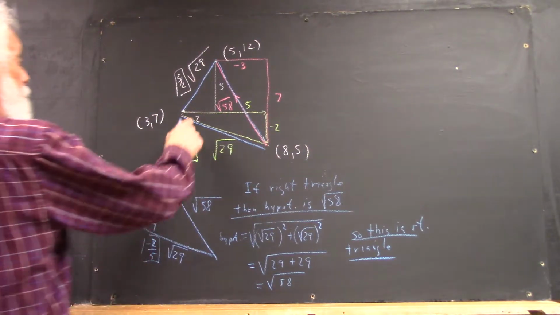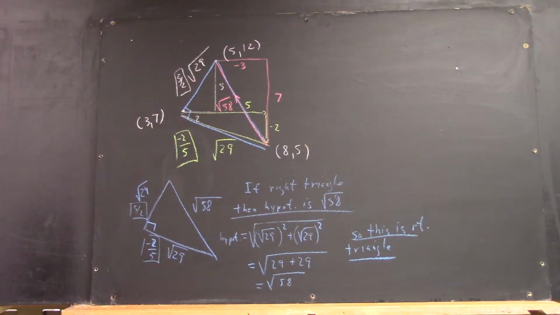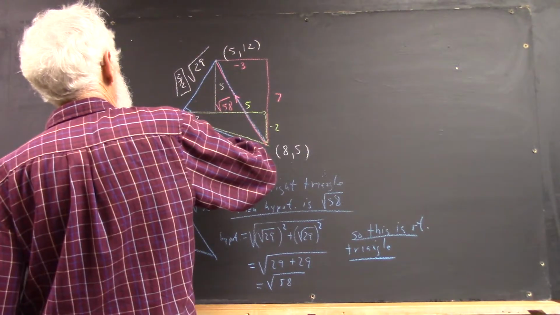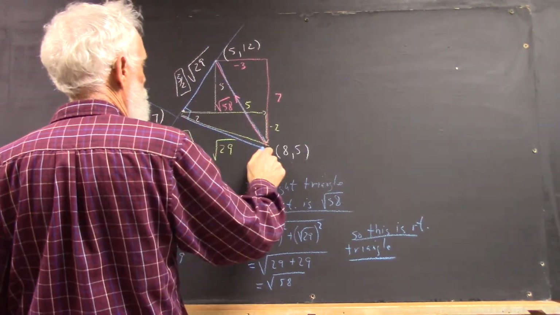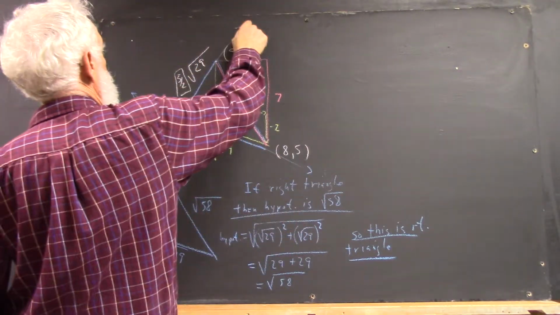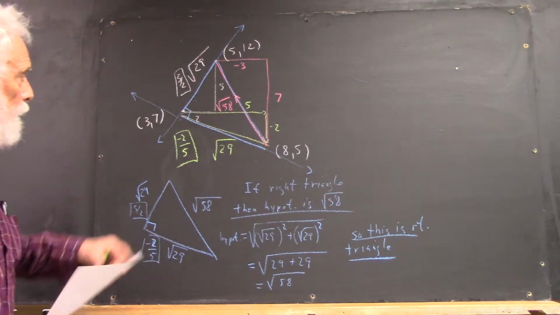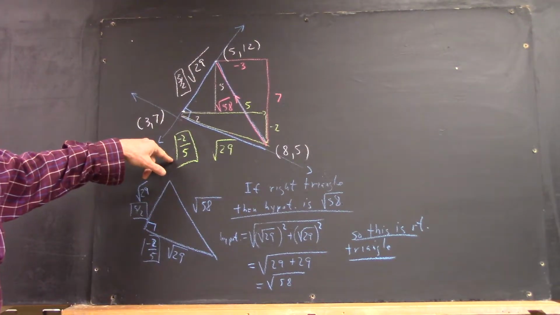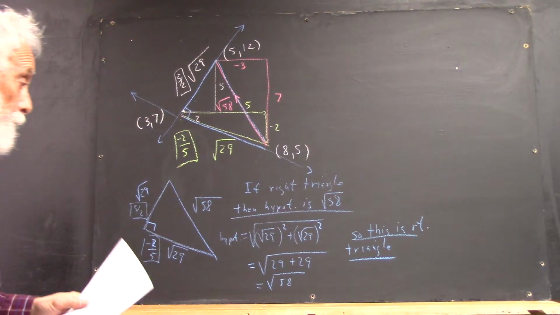And of course, that's the angle you have up here between these two segments, right? And that means that these lines that you get through these pairs of points, and most importantly, the lines with these two slopes, are perpendicular, right? So our conclusion is